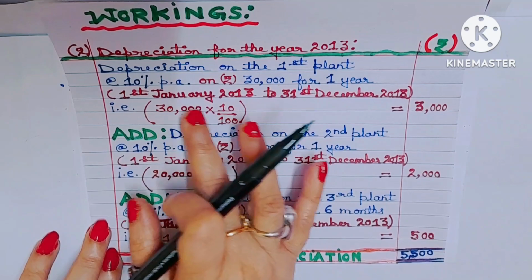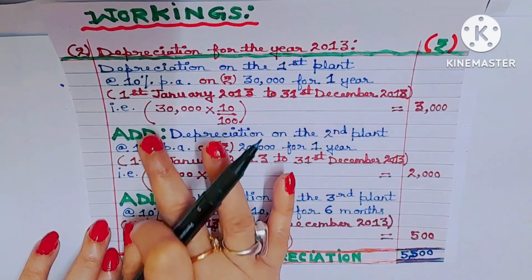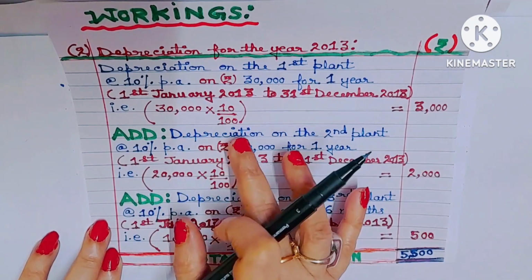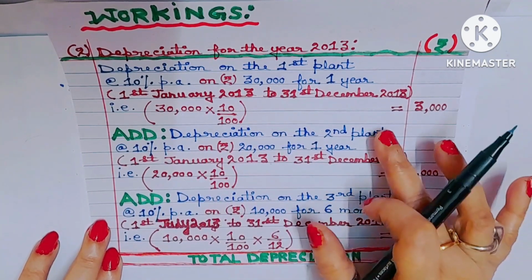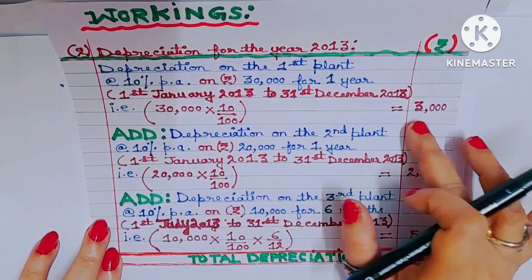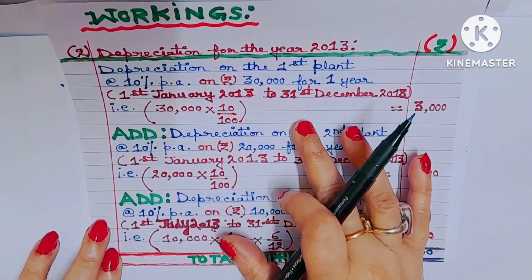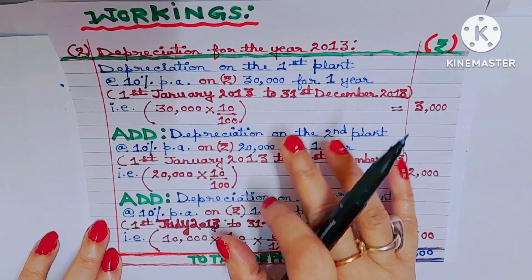That is 1st January 2013 to 31st December 2013. That is 30,000 into 10 by 100 for 1 year will give you 3,000. So depreciation for the first plant for the year 2013 is 3,000. Now you can ask me why we are charging depreciation for the first plant for 1 year and not for